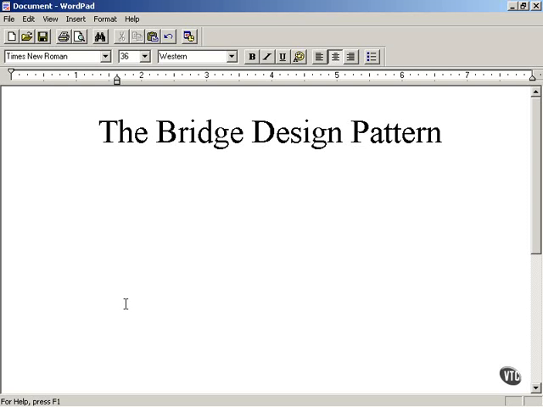Now we're going to talk about the bridge design pattern. This design pattern is perhaps not one of the most often used design patterns, but it is a useful one. The idea here is if you have two parts of your code that are sort of commingled and the two different parts are changing rapidly, the bridge design pattern separates those two parts of your code apart and connects them with a well-designed bridge connection that lets you separate them and handle them